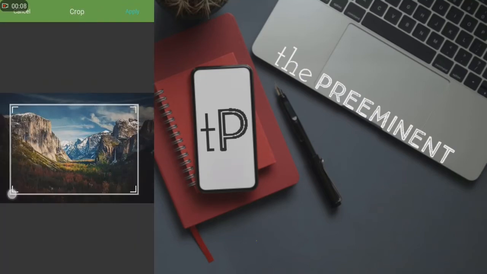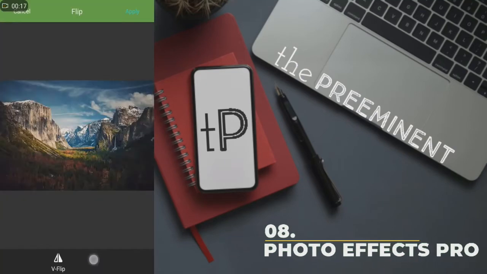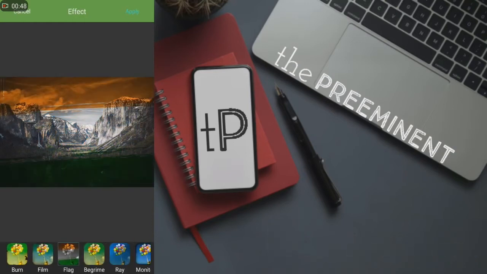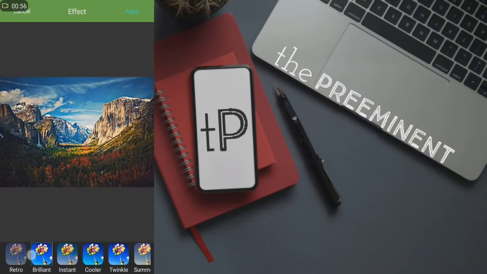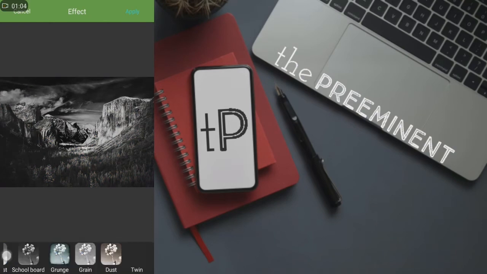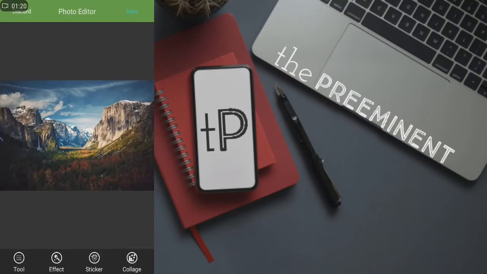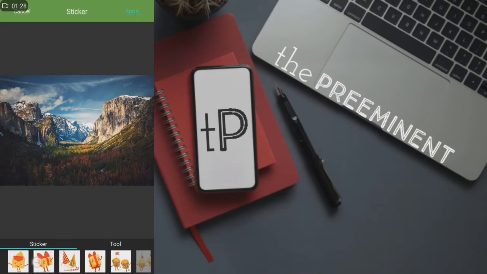Photo Effects Pro is definitely an editor for those who like to play with filters, effects, stickers and things like that. It boasts over 40 filters, effects as well as the ability to add text, stickers and frames as well. The editing features are actually pretty basic. However, the developers recently redid the application and with it came the removal of a few beloved filters and features. Hopefully the developers add those back in soon.